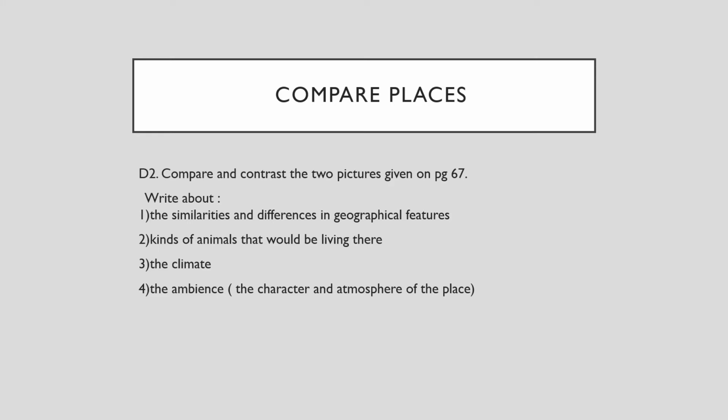Now, if you are going to do it alone, you can't talk, so you can just sit quietly and in your mind think about all these, that is similarities and differences in geographical features. Then think about the kind of animals that would be living in both these places, the climate and the atmosphere of these places. But if you are doing it with a partner, you can talk and compare and contrast the similarities and differences, and then write all these points down in a rough notebook, and you could then compare how